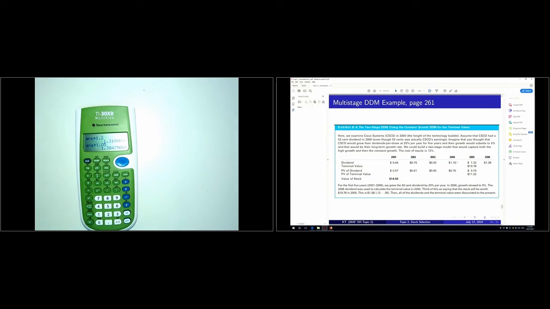You need to bring them to a common ground by discounting them, right? What is the discount rate? Cost of equity is 12%. So 0.64 divided by 1 plus the required rate of return, 1.12, gives you 57 cents. Does it make sense? So that 64 cents that you are going to receive at the end of 2001 is equal to 57 cents at the beginning of 2001 or at the end of 2000. Right? So that 76 cents that you are going to receive in 2 years' time,